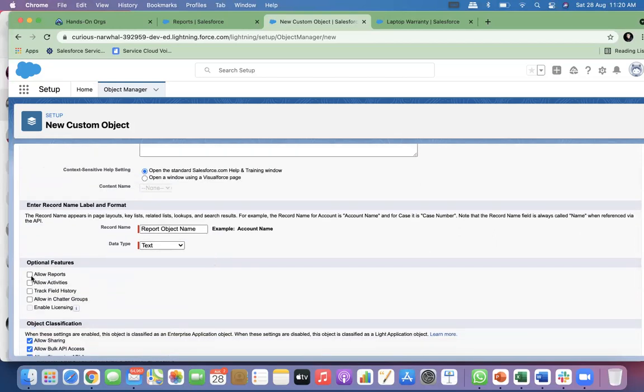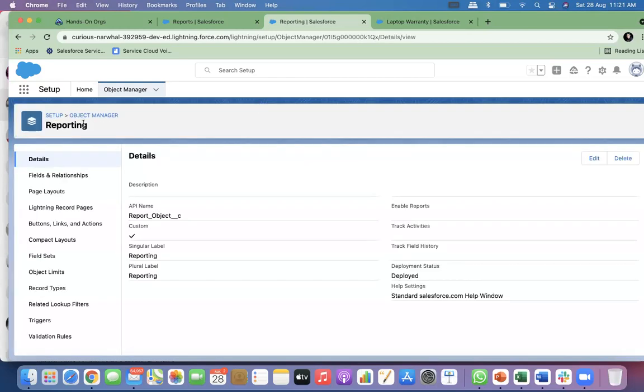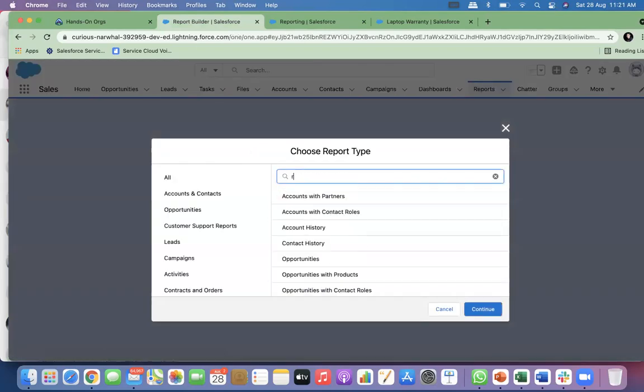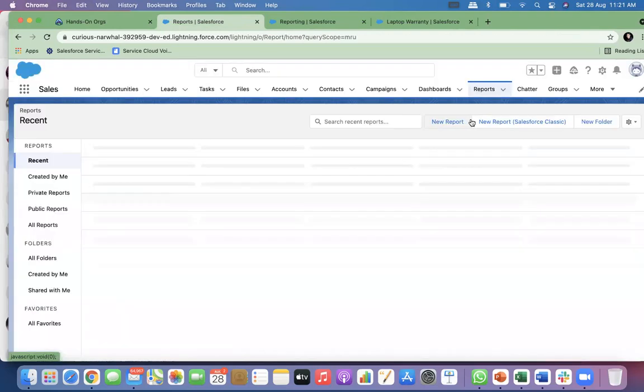You see Allow Reports is not ticked here. So if I save it and go to New Report and search, the reporting object is not there, right?